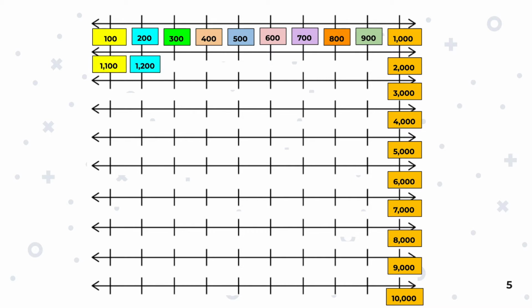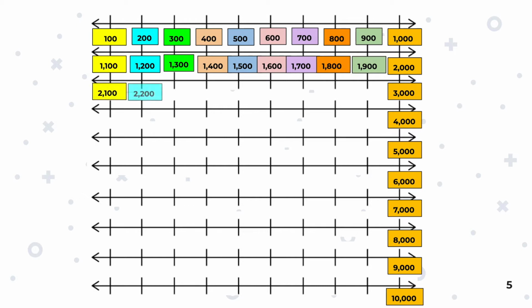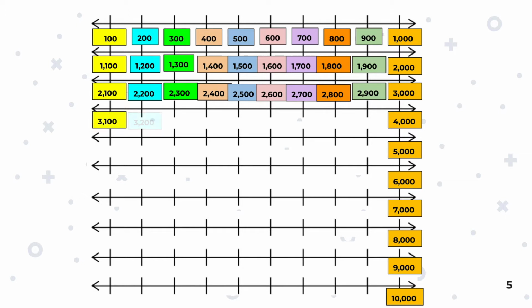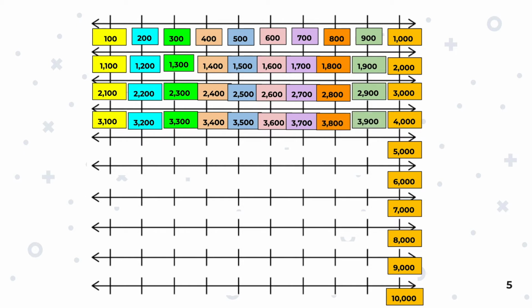1,100, 1,200, 1,300, 1,400, 1,500, 1,600, 1,700, 1,800, 1,900, 2,000, 2,100, 2,200, 2,300, 2,400, 2,500, 2,600, 2,700, 2,800, 2,900, 3,000, 3,100, 3,200, 3,300, 3,400, 3,500, 3,600, 3,700, 3,800, 3,900, 4,000,